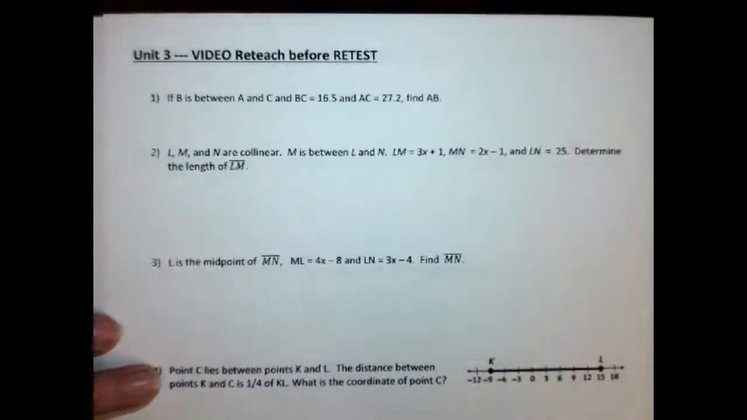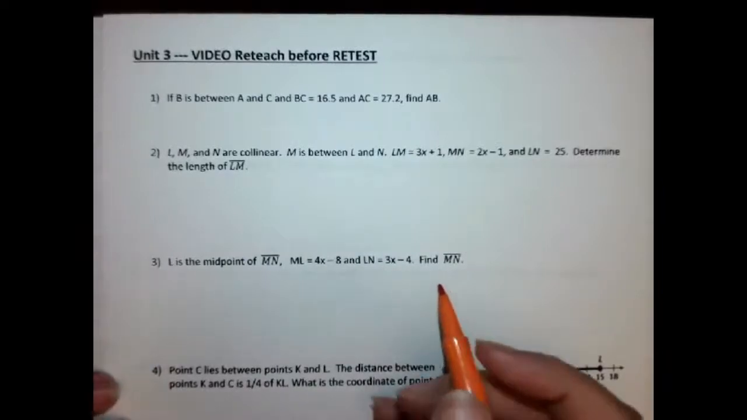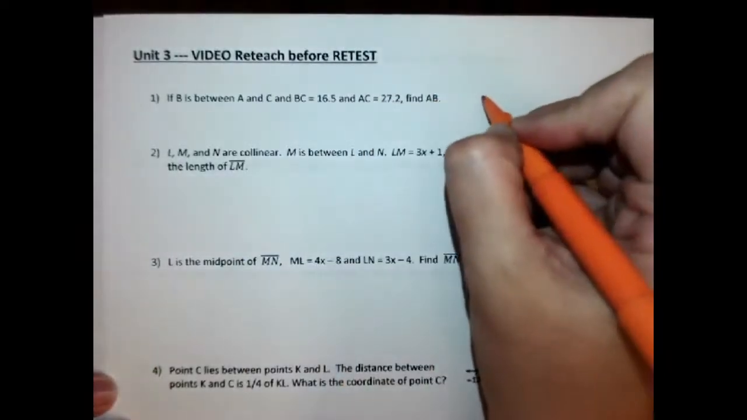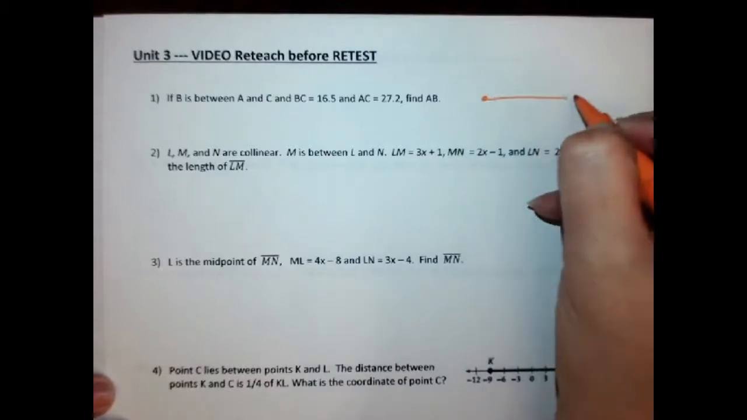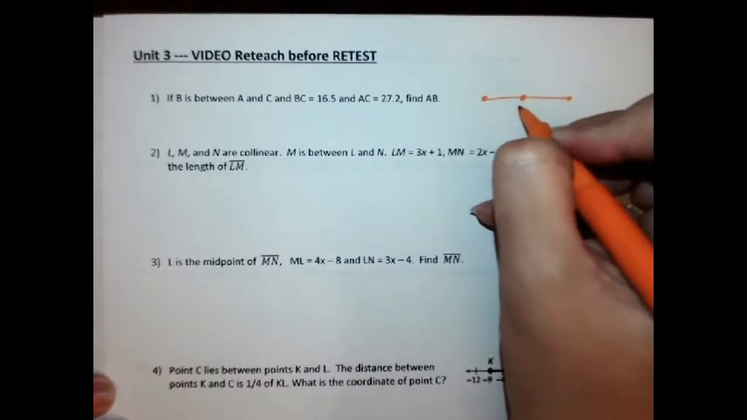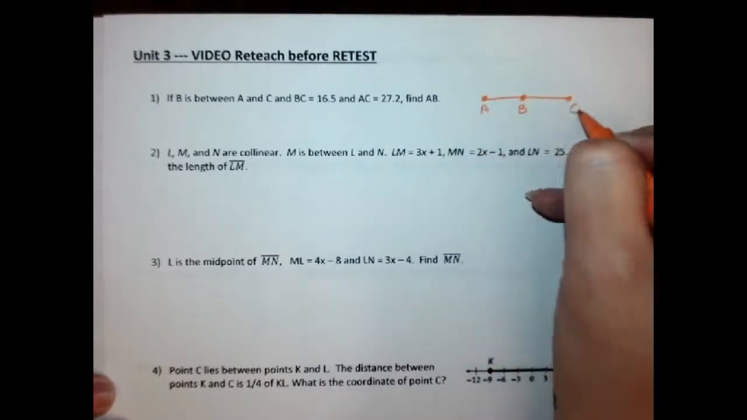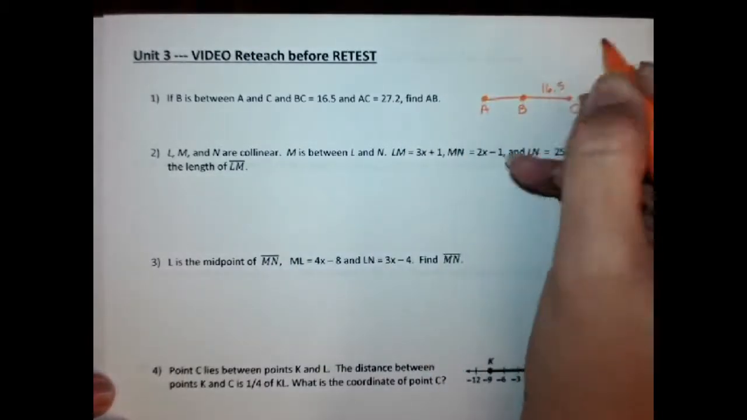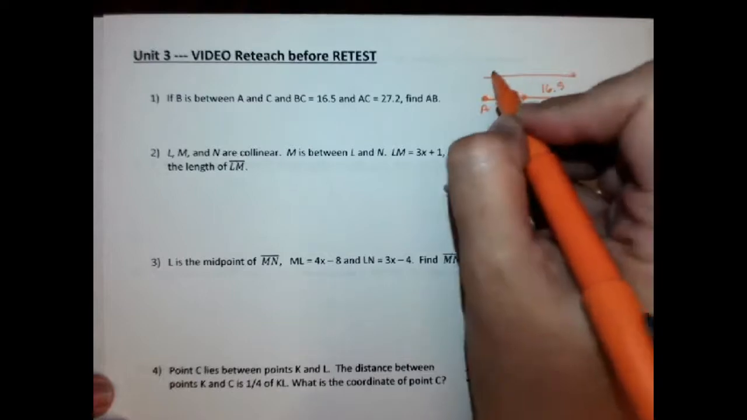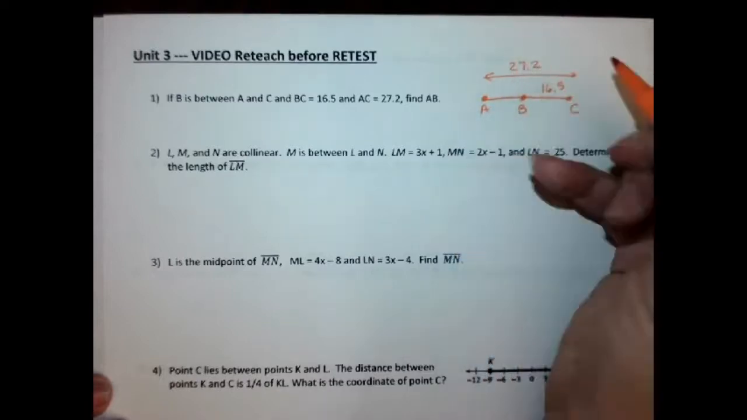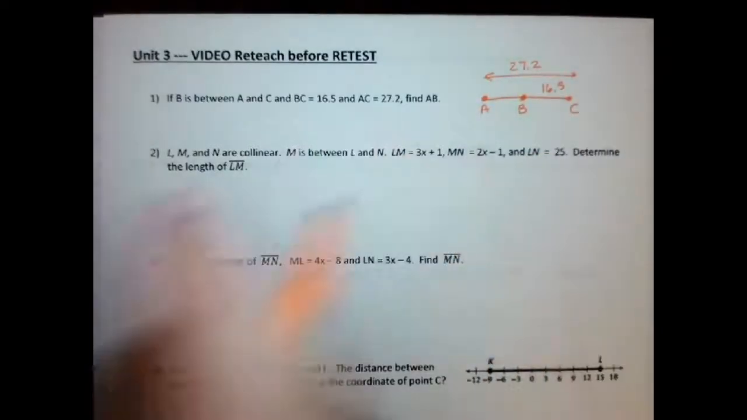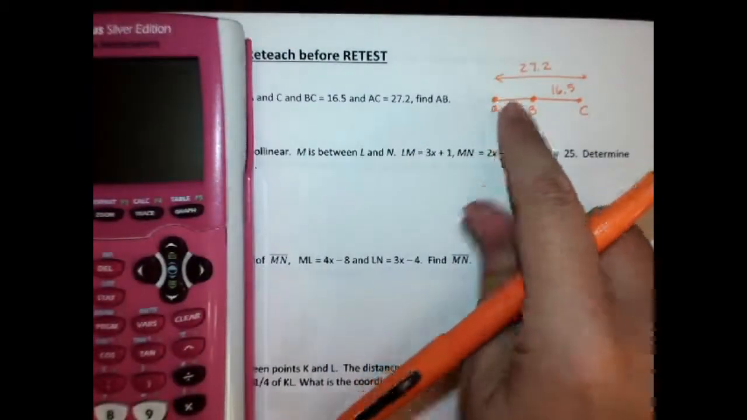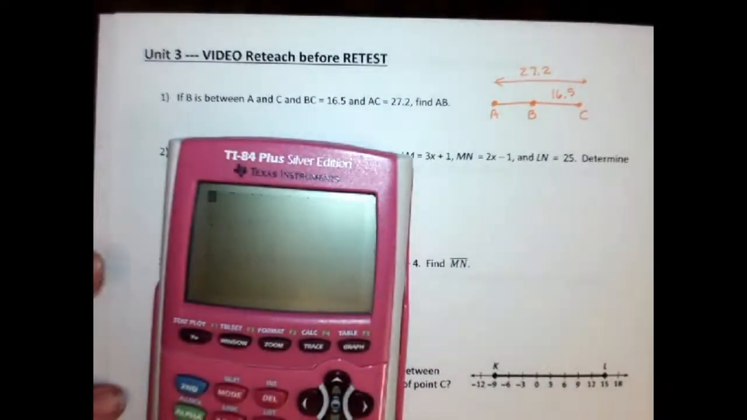Okay. If B is between A and C, then it gives me some information. We should first draw this out. B is between A and C. And then I should put this information on here. BC is 16.5, and it tells me AC, the whole distance, is 27.2. So what should I do with those? Well, I need to subtract to find this part. Grab my calculator, 27.2 minus 16.5,